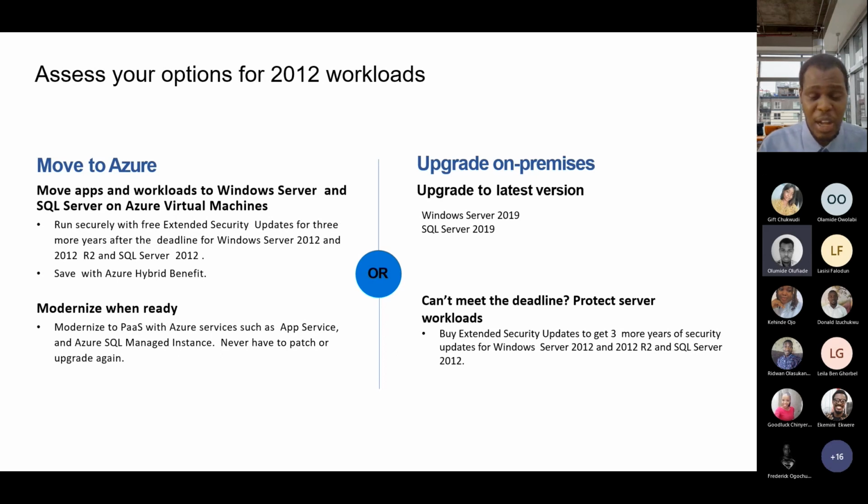So Microsoft has us all in mind. For such organizations, as of today, we can move our current workload as it is into a VM in the Azure environment. So what does this mean? The SQL Server 2012 instances that we currently have running, once migrated into an Azure VM, continue to receive the necessary extended security updates for free. At the same time, we continue to leverage the hybrid benefits, that is, continue to leverage the on-premise virtual cores alongside the cloud setup.